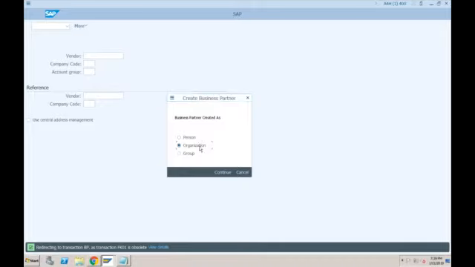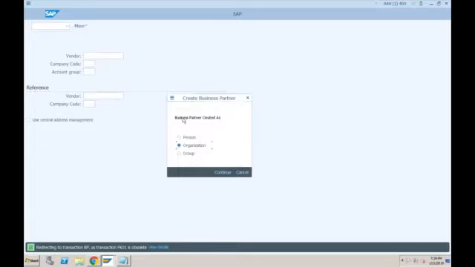Organizations, like the name itself says, are companies. Your normal customers and vendors are private limited companies or public limited companies or something like that. Persons are the individuals. For example, your employee is also your business partner. Your bank representative is also your business partner. Your salesperson is also your business partner, but they are individuals.